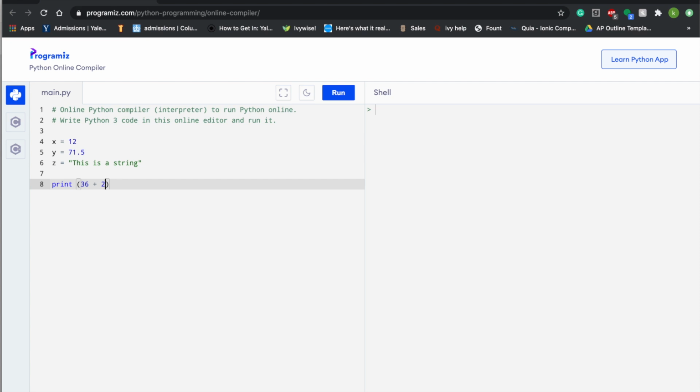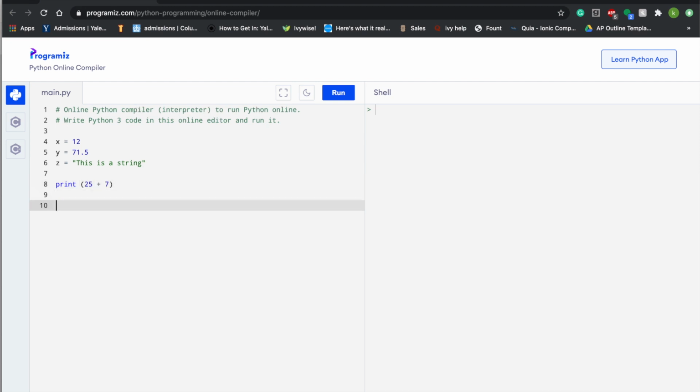Actually, let's make it a little bit different, we could do 25 plus 7. And then we're going to do another print statement: "Hello", then a plus sign, then quotes with nothing in them, and then another plus sign, and then the word world. Then we're going to say print x, and then print "the value of x is", and then a plus